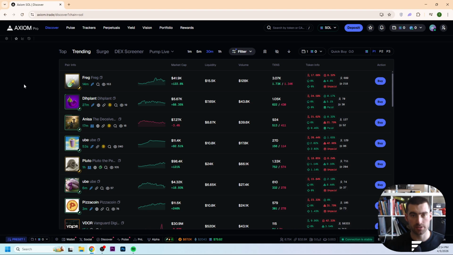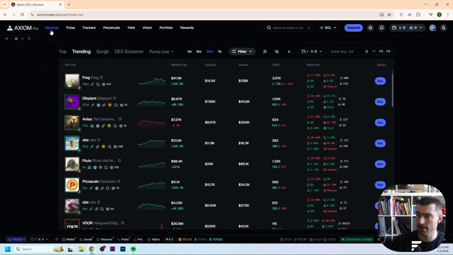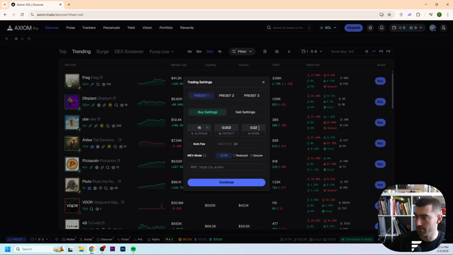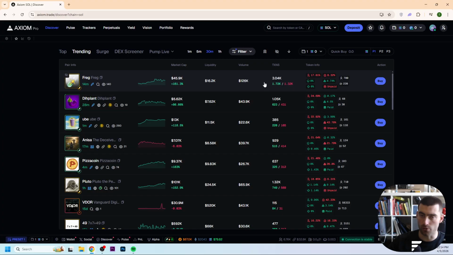So once you've created yourself an account, you will see this screen right here at Discover. Then what we're going to do right here is select presets to create yourself a fee preset. This is the first setting that you can do by yourself. So decide here the slippage, priority and the bribe, or click here on auto fee and select right there the max fee, and then click here on continue, and then it will save right here the presets for your wallet